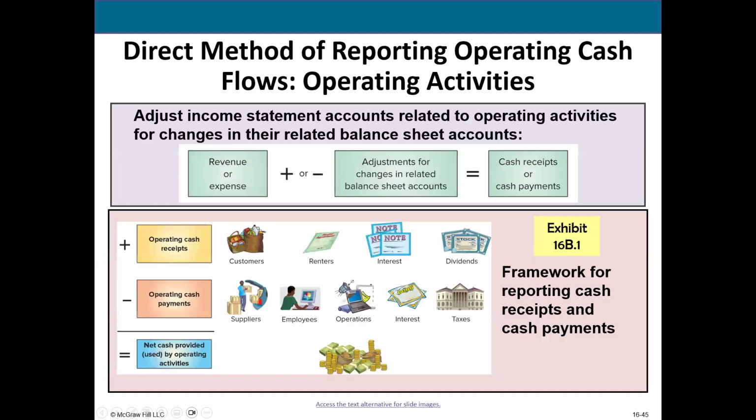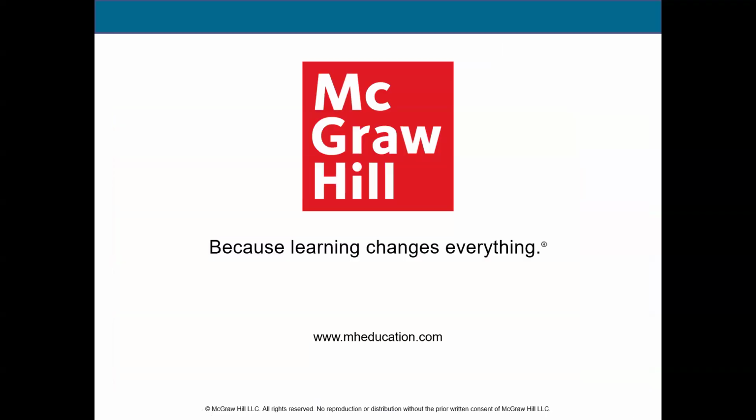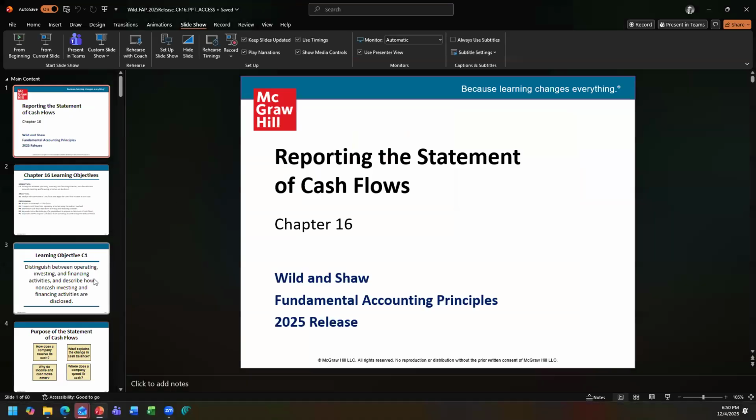Oh, the direct method is so simple. The direct method, very, very simple. The cash that came in minus the cash that goes out equals net cash flow. It's really as simple as that. This just shows you those changes in cash and where the cash comes from and goes to. And that, my friends, is a nice abbreviated version of the statement of cash flows presentation,